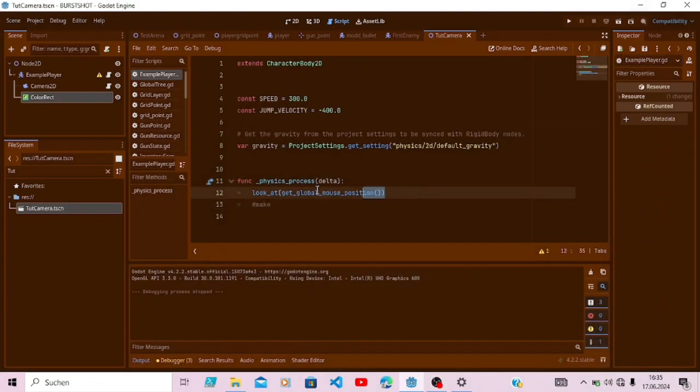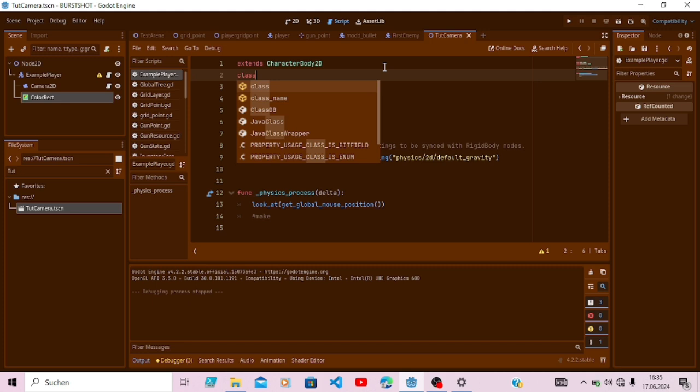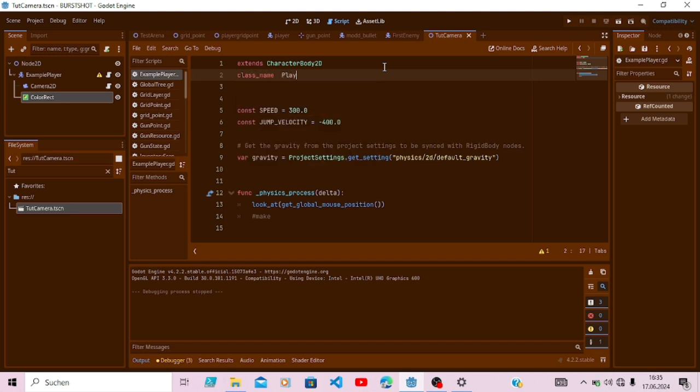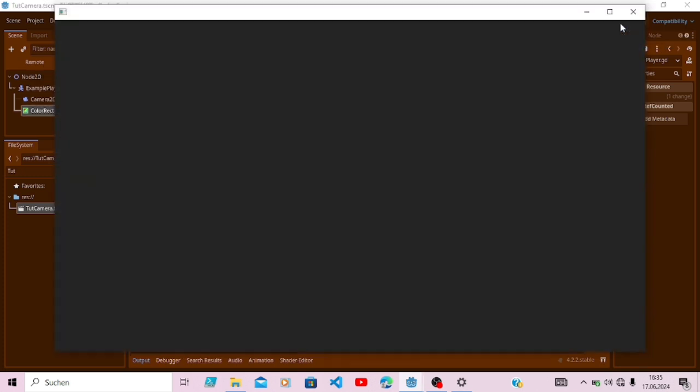Welcome right away. I'm here in Godot and I have already set up a project. I got a player that's attached to a Node2D as its root, and I've already set up the camera as well, but we haven't yet written any code. I've made the player look at the cursor using the look_at function, and today we're just going to make a camera that